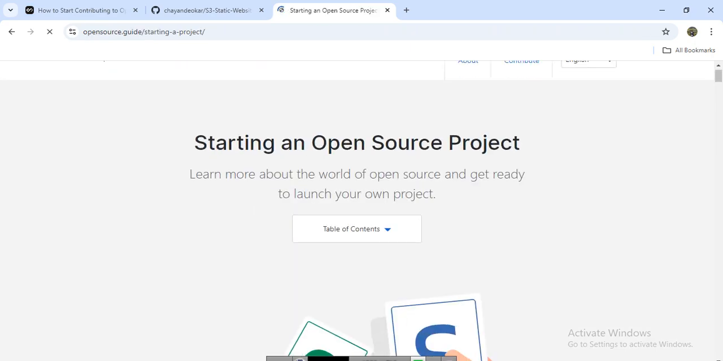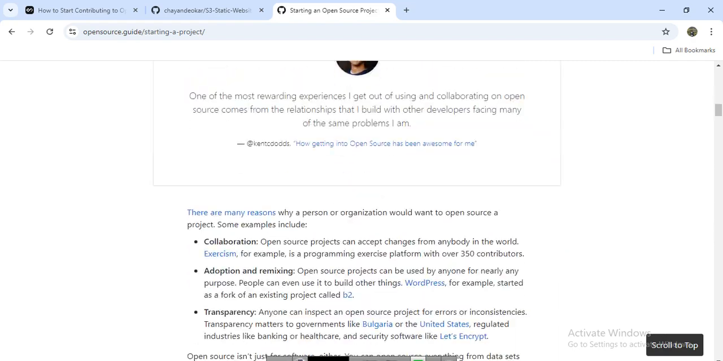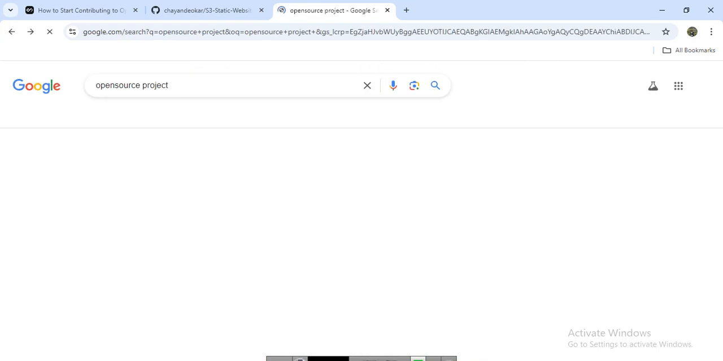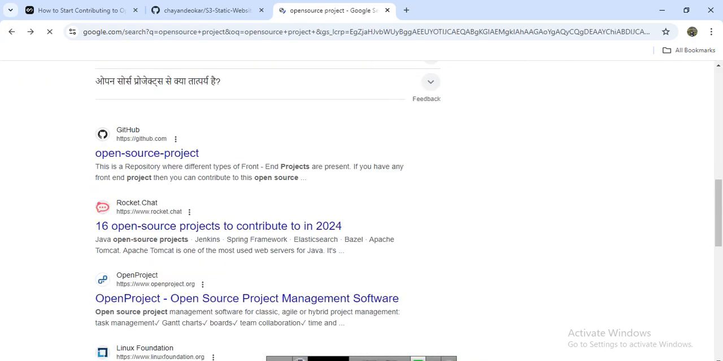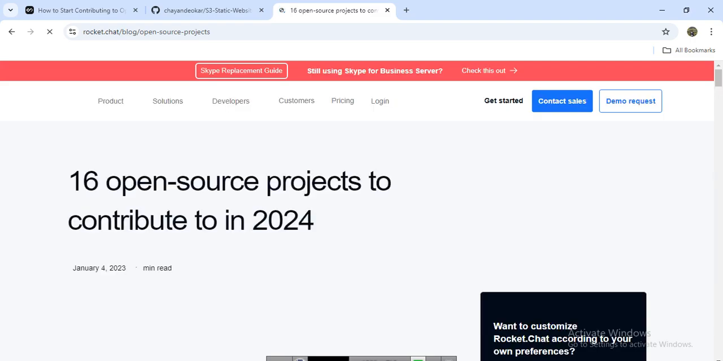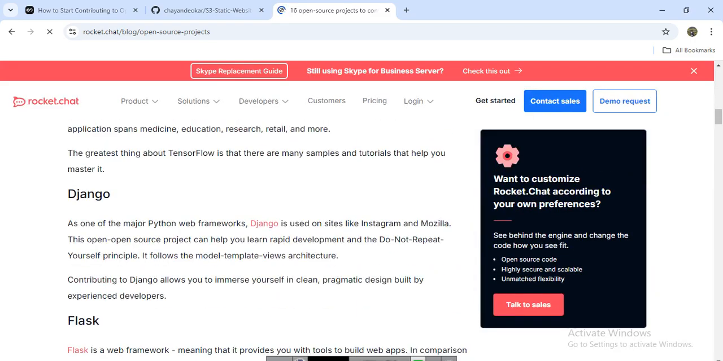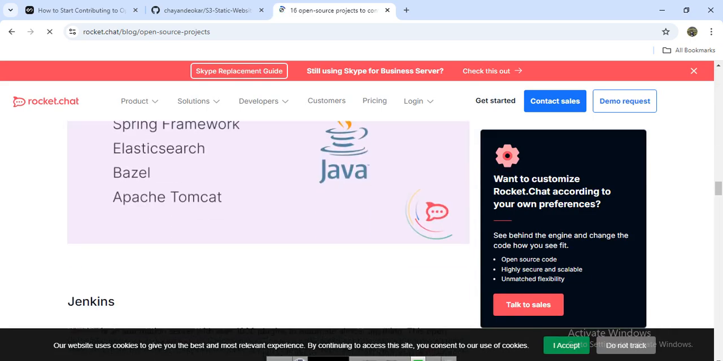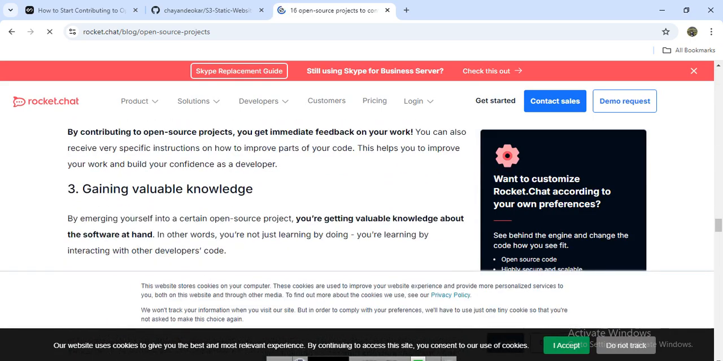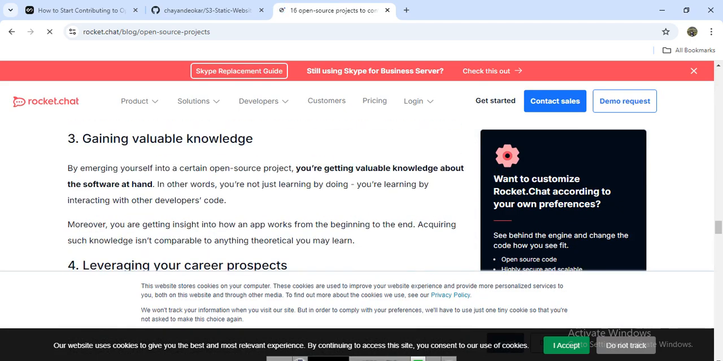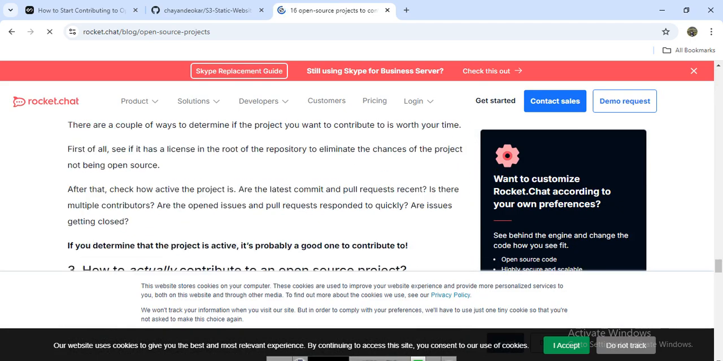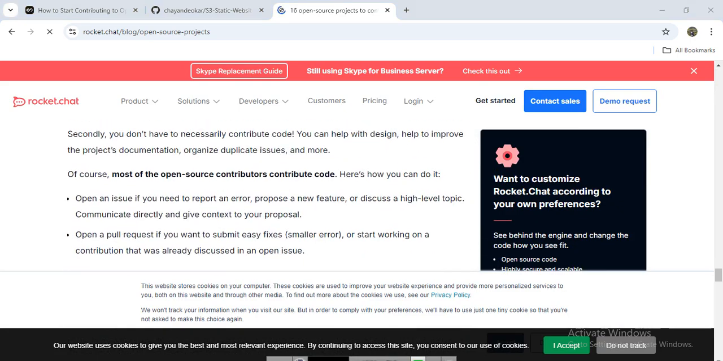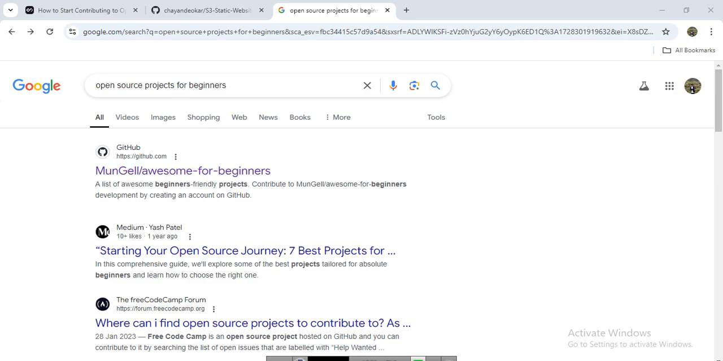When you go over here, you get more repositories. Let me quickly open one. There are 16 open source projects to contribute to. If you go step by step, there are Django and Flask, all of which this provides. You can search, building your confidence and gaining valuable knowledge. If you search for open source projects for beginners, you will get a lot of things on Google search,